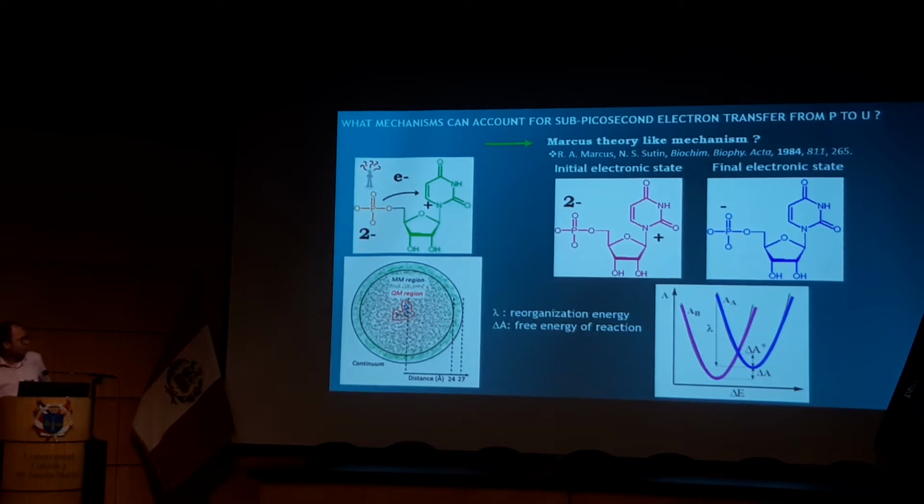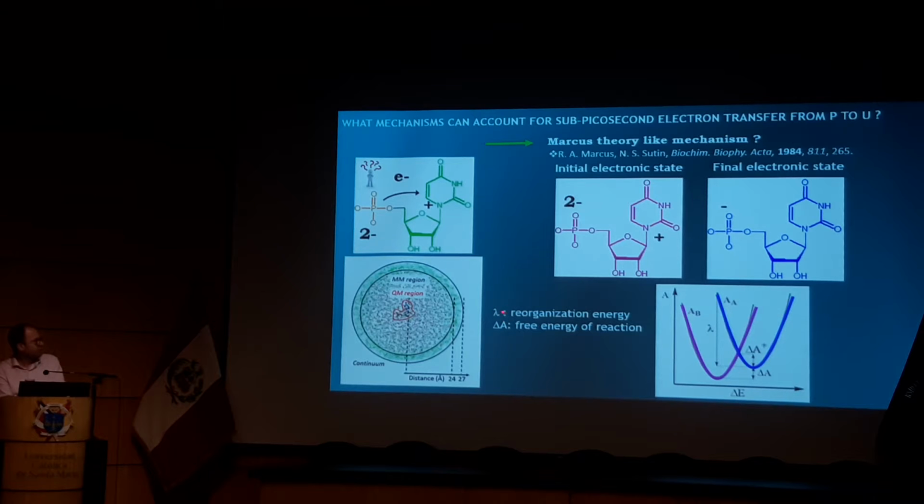And so what you usually find if you Google Marcus theory, you will find these 2 parabolas that are really famous, that describe, I will come back to this, basically the energy of the system in the 2 electronic states, so either in the initial electronic state or in the final electronic state. And in the Marcus theory framework, we define at least two important quantities. One is the free energy of the reaction, delta A, which is the difference between the bottom of the 2 potential wells,